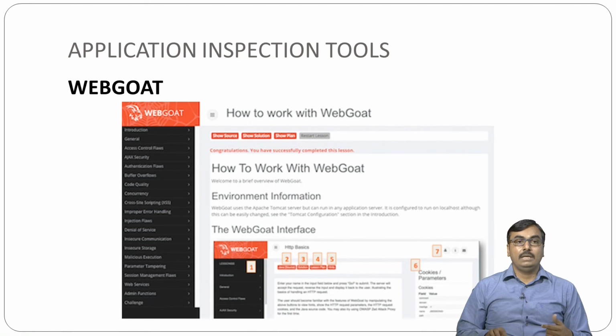This is the WebGoat screen when you log in with a guest account.